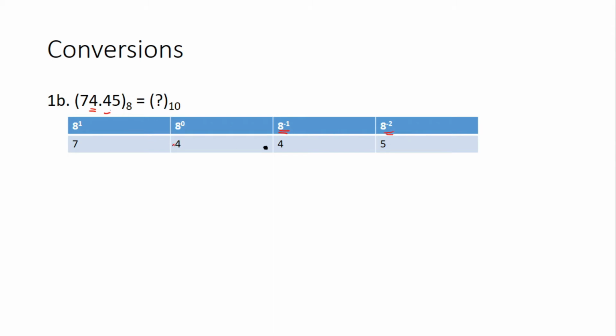We're going to multiply. So 8 to the power 0 is 1, so we have 4 here, and 8 to the power 1 is 8, so we have 8 into 7 plus 4 into 1 upon 8 plus 5 into 1 upon 8 square. So 8 times 7 is 56 plus 4 plus half, and this number is